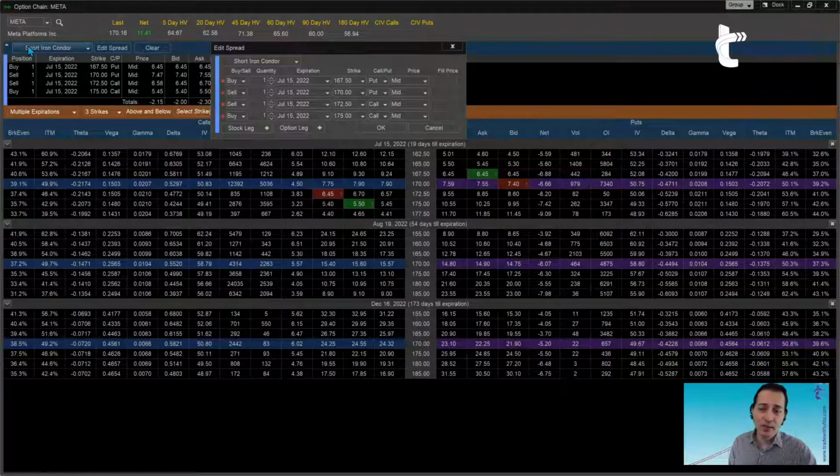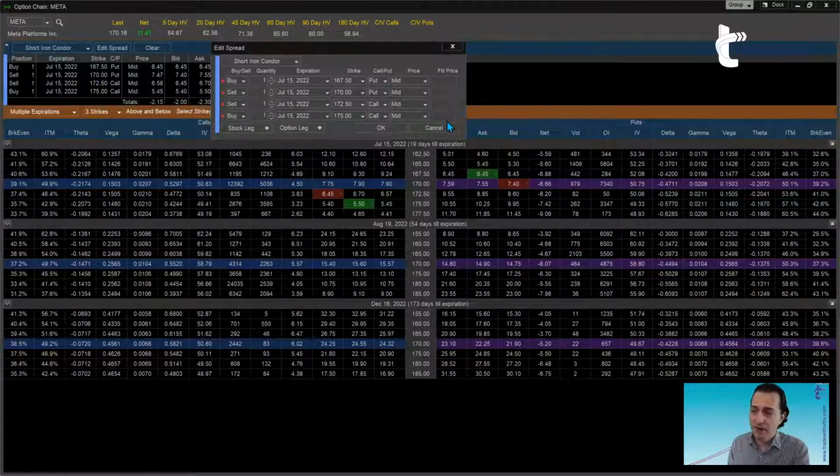One more thing as well: when you build the spread from the top, notice how the strikes and expiration dates I use are being highlighted on the bottom part with the red and the green color, just like if I had built the trade by clicking on the bottom section like I showed you before. No matter if I do it from the top or from the bottom, in both cases I will have the information both on the top and the bottom, and it's being highlighted with the colors and everything else.